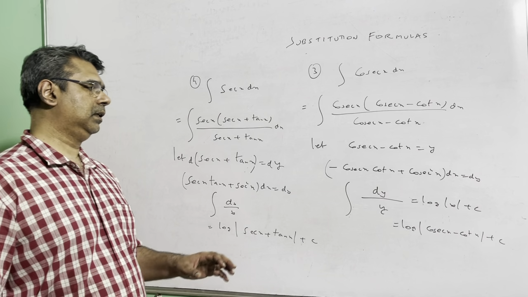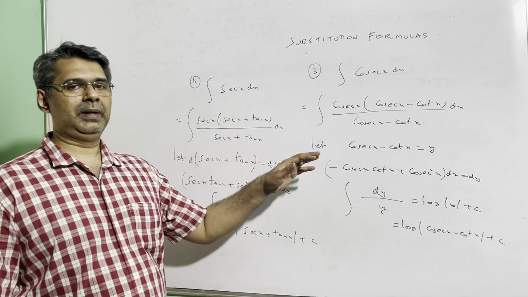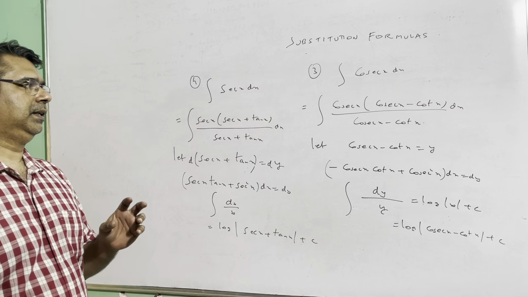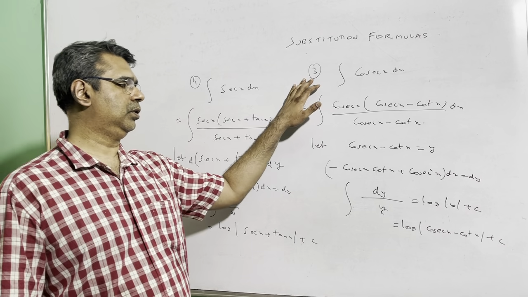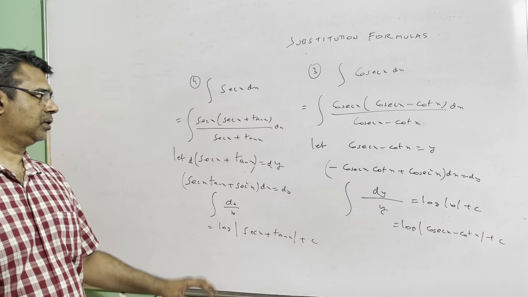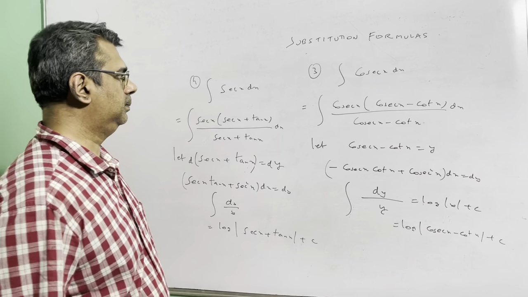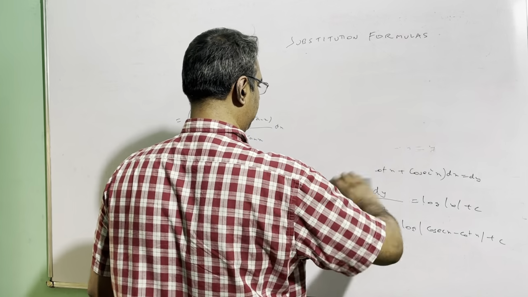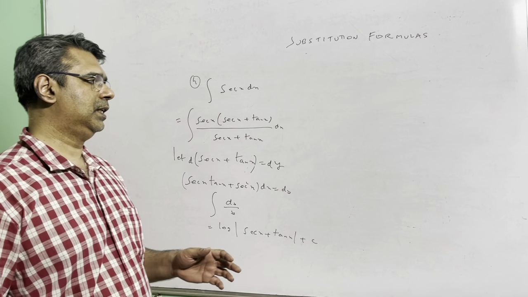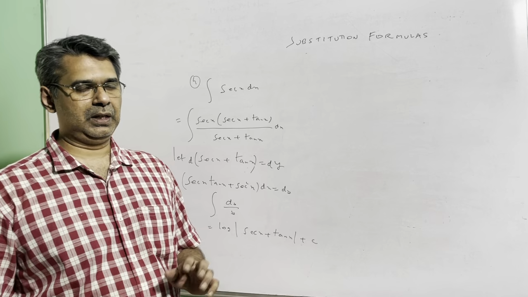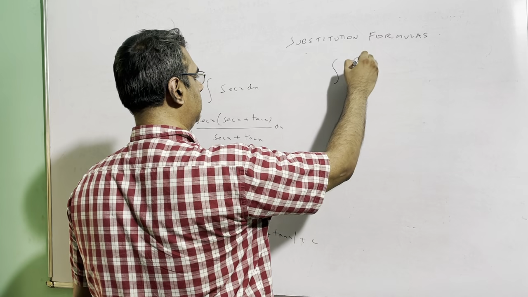So these are the four formulas of substitution involving trigonometric integrals. Okay, so integration tan x is log mod sec x, integration cot x is log mod sin x, integration cosec x is log mod cosec x minus cot x, and integration sec x is log mod sec x plus tan x plus c. Now I told you that whenever you get a sum based on any one of these formulas, you just apply these formulas directly without giving any references. Now let's look at a couple of sums.